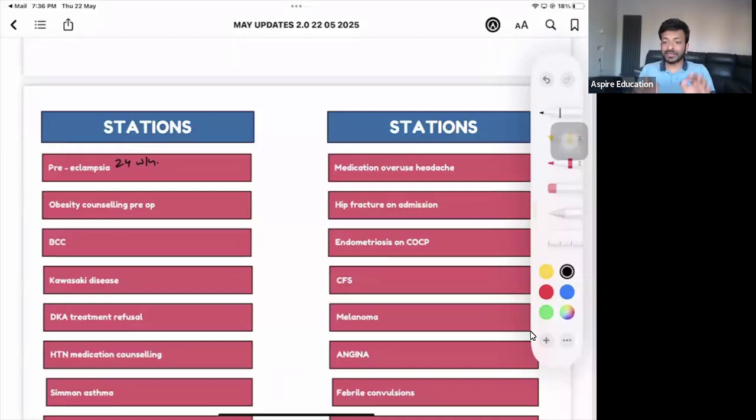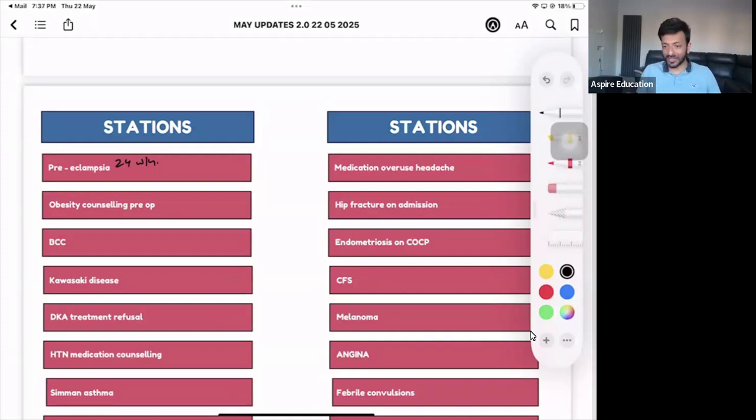First of all, to make the diagnosis of preeclampsia, you need three things, guys. Number one, the gestational age of the pregnancy should be more than 20 weeks. That we have got, because it is 24 weeks. Second, you need high blood pressure. That we have also got. And the third thing you need is that the patient has urine protein. If you've got these three things, most probably it's preeclampsia. Because if they have only given 24 weeks pregnancy and high blood pressure but no urine protein, it might be gestational hypertension as well. So you have to be very careful.